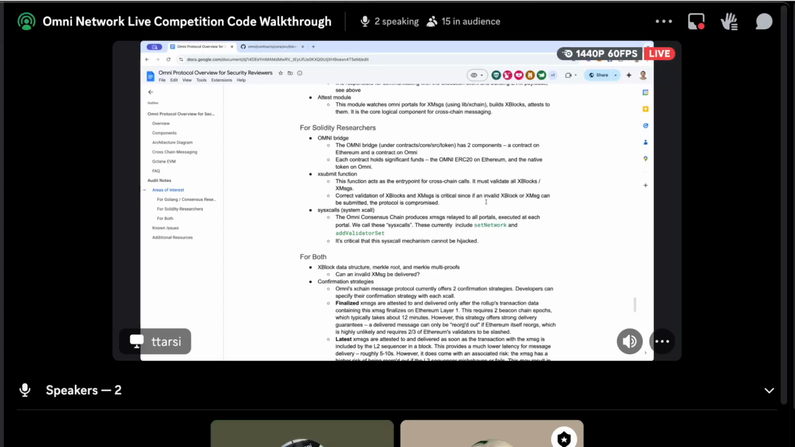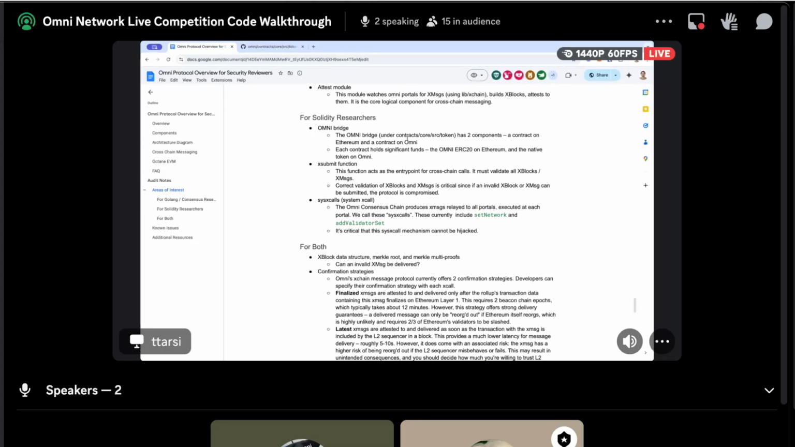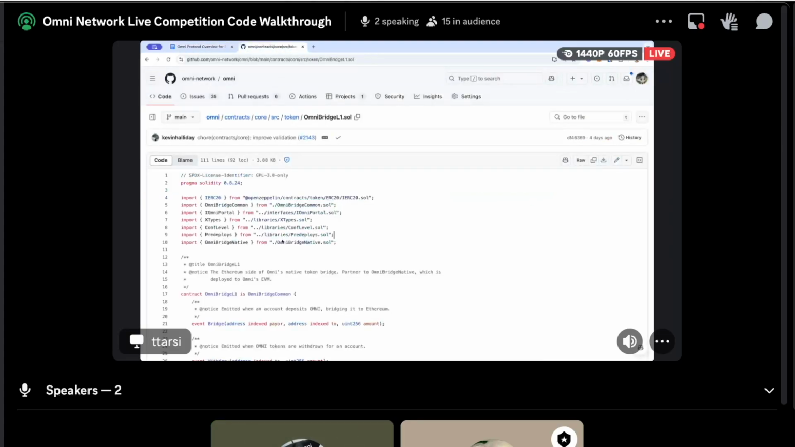So we say there's a token in the bridge contract for every token on L1, and when a user bridges to Omni, those tokens can be unlocked and sent along to that user. Cool. Xsubmit. So actually, these last two I've basically covered already. Syscalls, I covered. Xsubmit, this is in the Omni portal